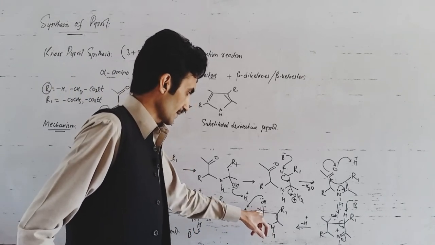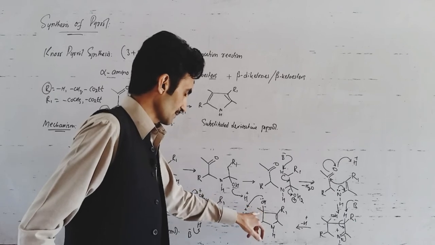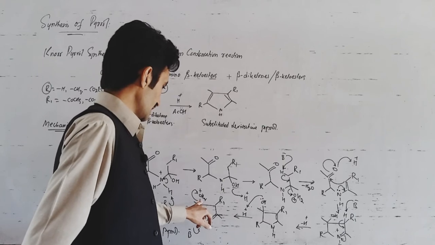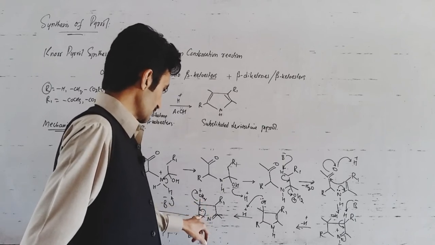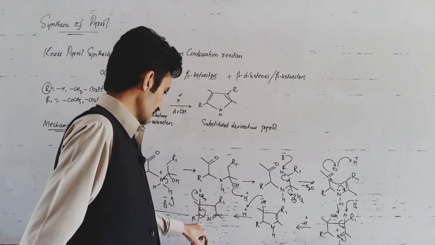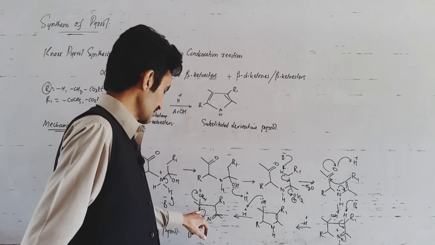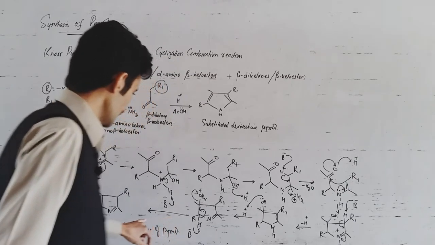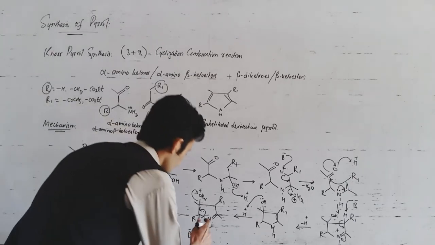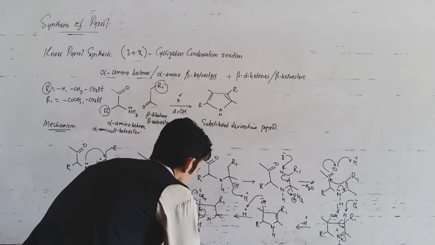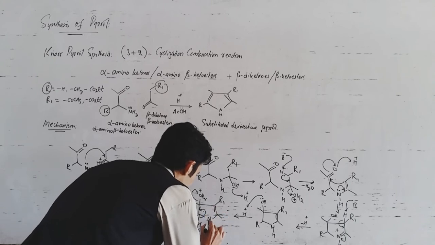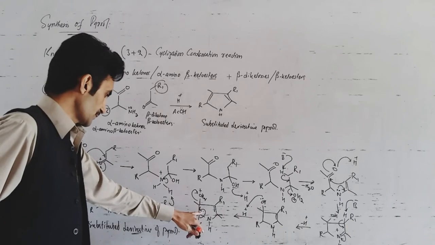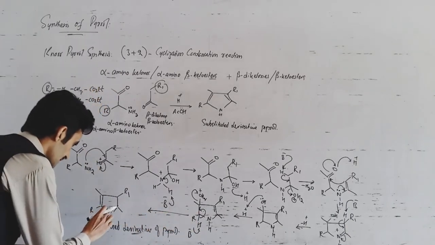This structure is protonated at the hydroxyl position. So, this hydroxyl position will protonate the OH group. The base will abstract this proton, and sigma electrons will shift toward this bond, and it will expel the hydroxyl group. So, this bond is not here. Here we have made a mistake. So, now we have corrected our mistake. This will shift toward this position, and ultimately we get the product like this one.